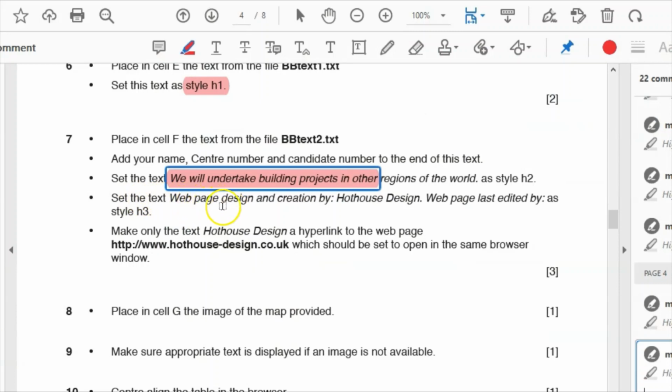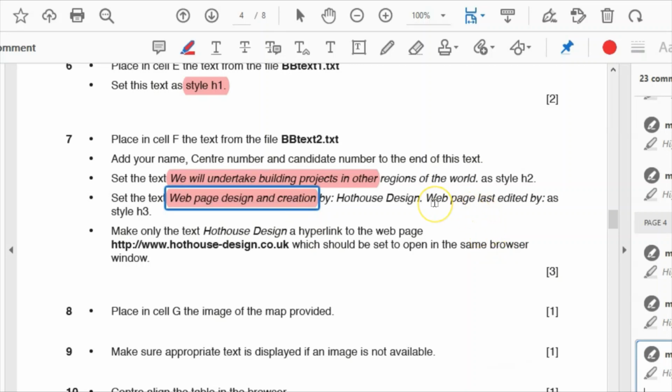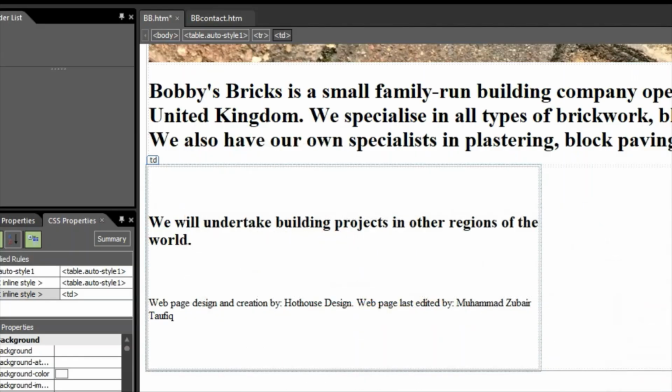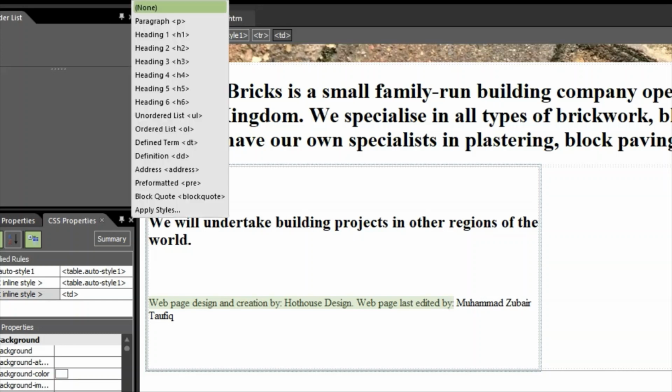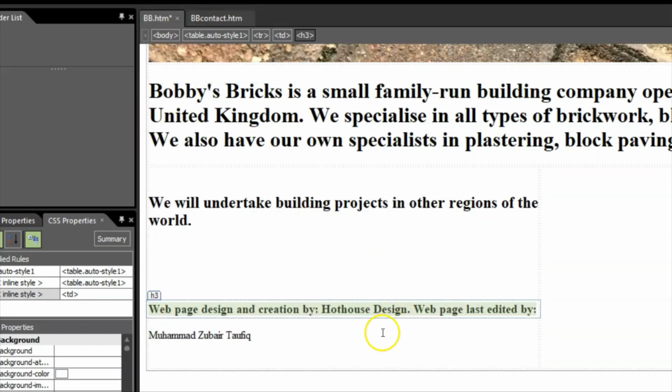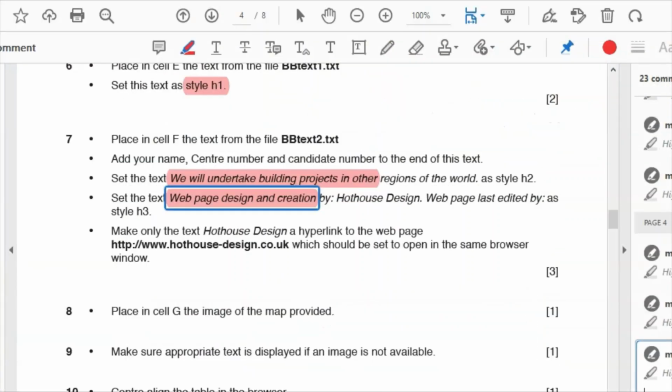And then set the text "web page design by Hothouse Design, web page last edited by" as style H3. Web page design created by and web page edited by style H3. Just click on that and click on H3. Now set the text "web page design and created by Hothouse Design, web page last edited by" as H3. So that is done. Now the next step is